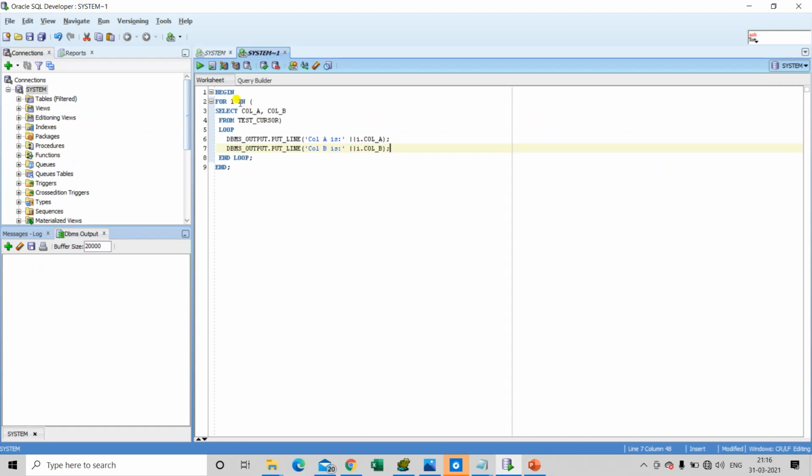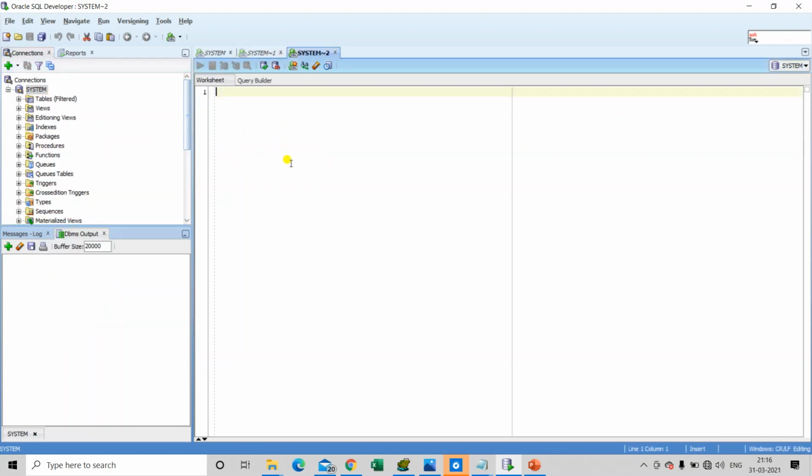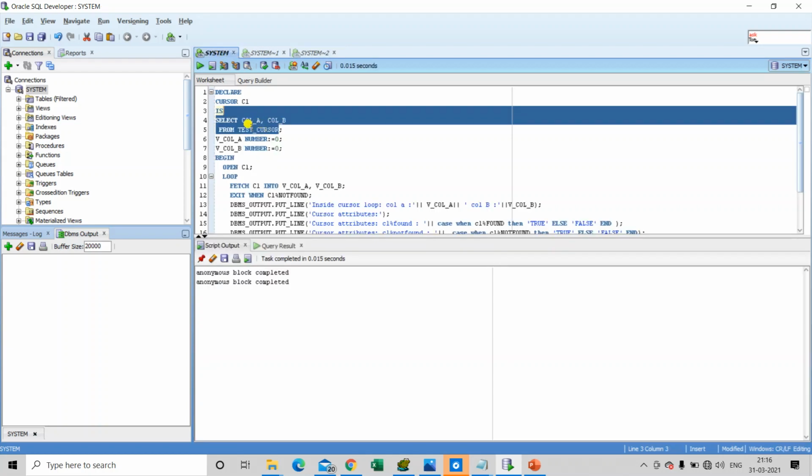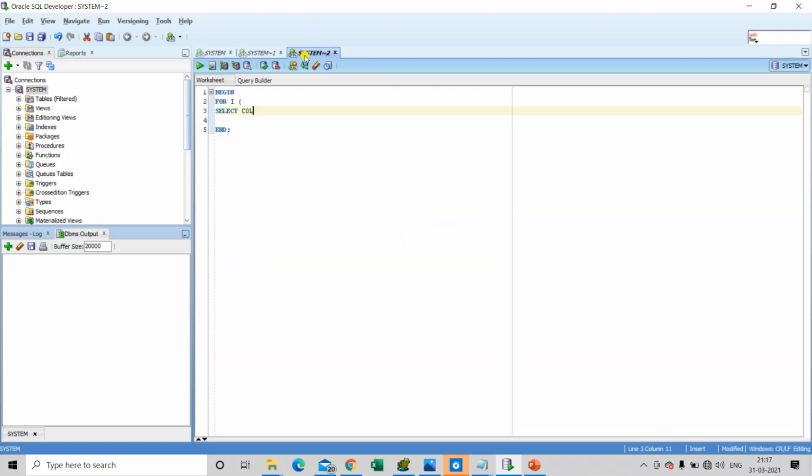So this is the normal cursor for loop that I have declared. Let's write it again so that I can explain to you each step of the cursor for loop. First we use the for command for a normal for loop, and then we declare a variable that will hold the record returned by the underlying SQL query. In this case we will be using the same SQL query that we used while looking at the explicit cursor.